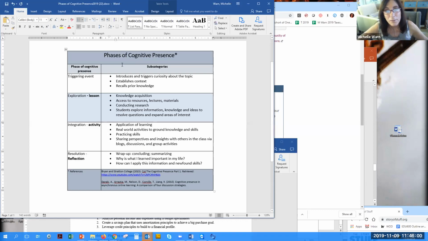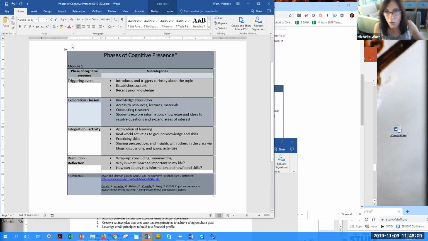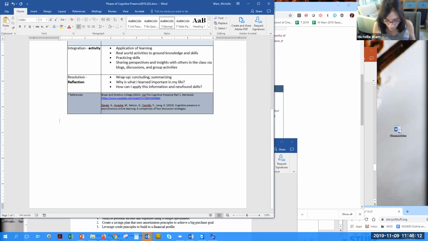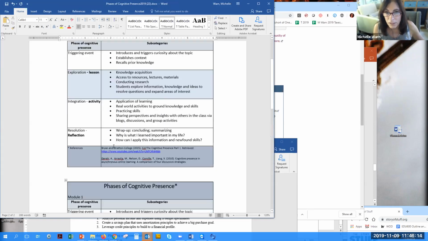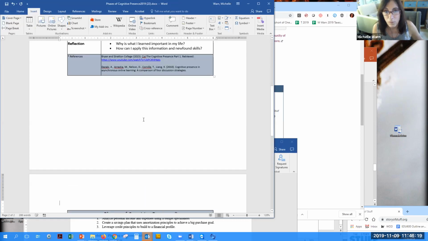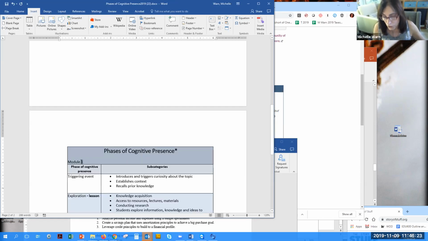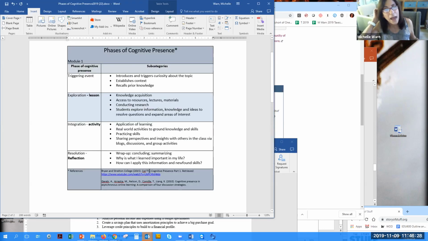So what I'm going to ask you to do is create phases of cognitive presence for your module 1 and then for your module 2. You're going to actually double this and download it from the classroom in the week 1 draft. Then you're going to do a module 1 and a module 2, and if you have a module 3, you'll do it there. What I'm going to ask you to do, though, is hold off on the triggering event and start thinking about what